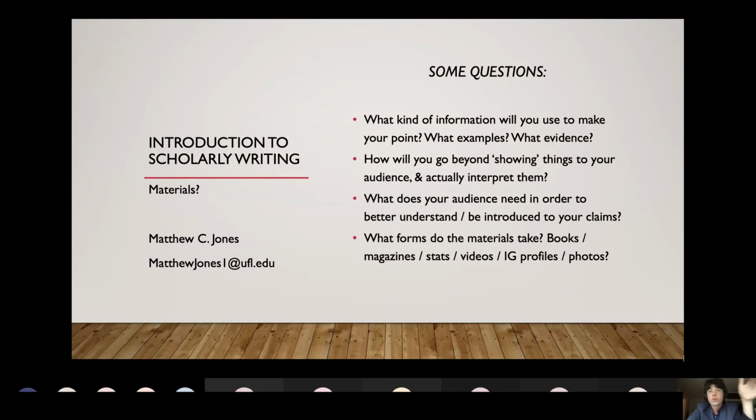The whole archive, the whole world is open for interpretation here. So not just books that you're assigned, not just magazines or research journals or anything like that, but I think